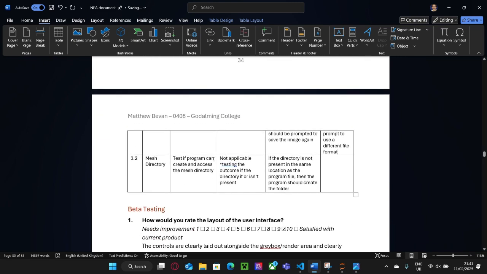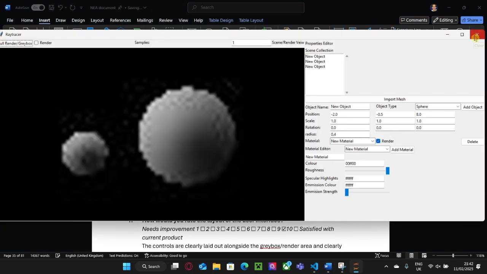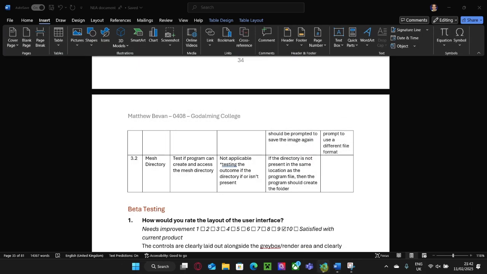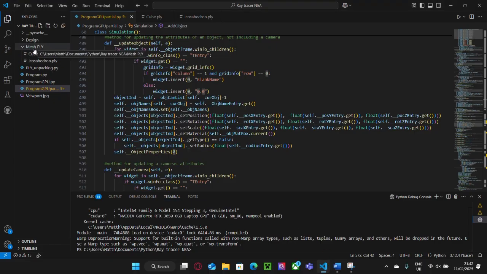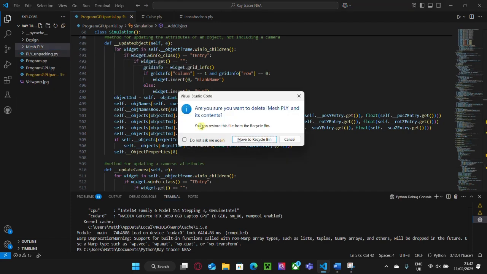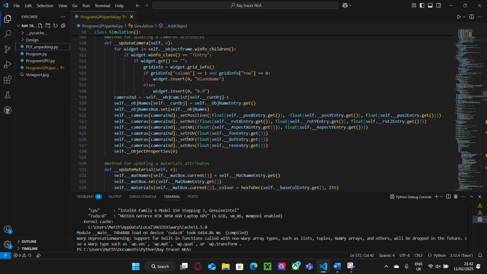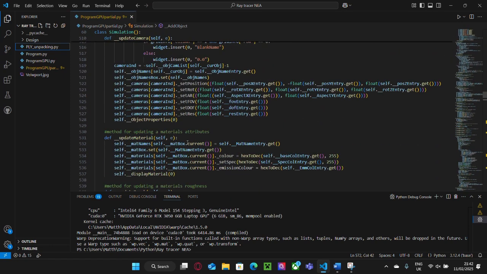And the final test is testing the mesh directory. Test if the program can create and access the mesh directory if the directory is not present in the same location as the program file, when the program should create the folder that it needs. So I need to stop running the program for this. If I go back to Visual Studio, you can see I have mesh.ply with the cube and icosahedron POI files from earlier. If I delete this, this is required for the code to run to import POI data. If I run the code again,